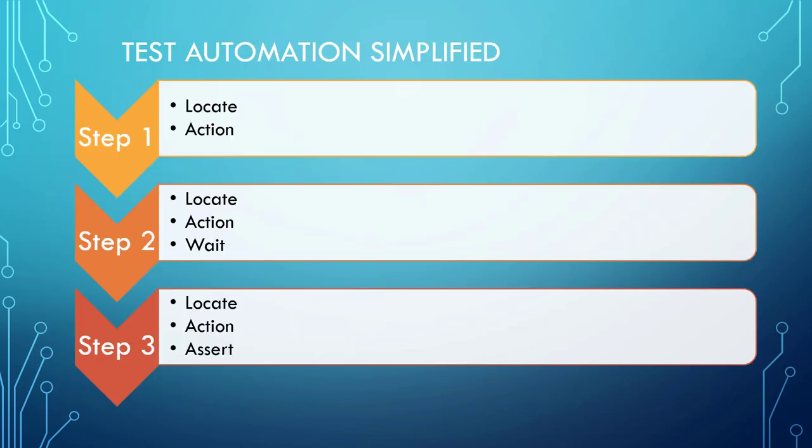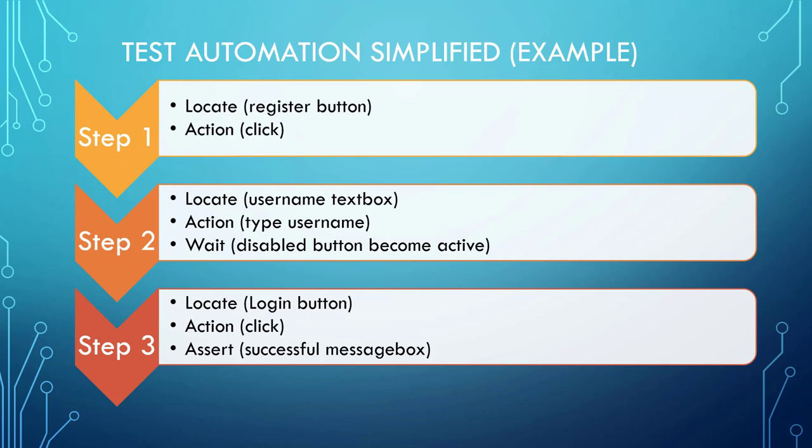So, this is how we make the test automation. Firstly, we describe the testing steps, and in each step, we locate the element and take action. And if we need to wait for an uncertain amount of time, we can use wait methods. And in some steps, we may expect some results or elements. We assert them, and that's the key point of our test scenarios. For example, in first step, we click the register button. In second step, we enter our credentials.